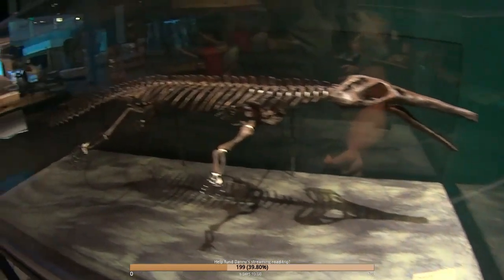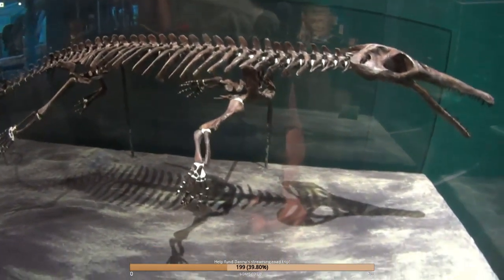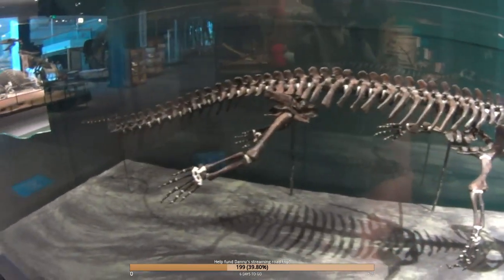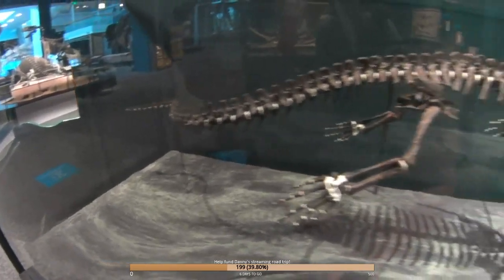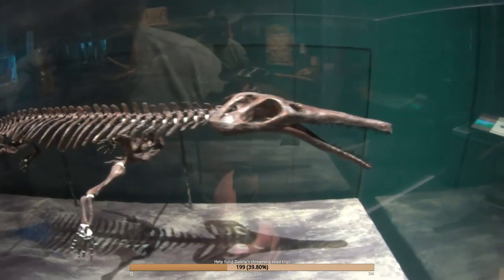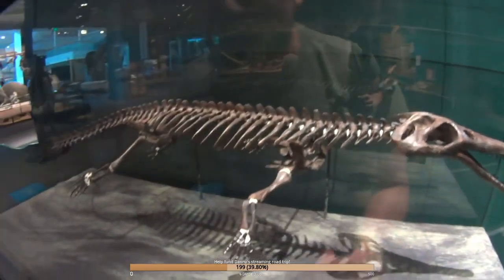There we go. And look, if they're not the real bones, they're very well painted. Those are at least casts of the real thing. These are not sculpts. The skull is sculpted, you can tell. But that vertebral column and those limbs...